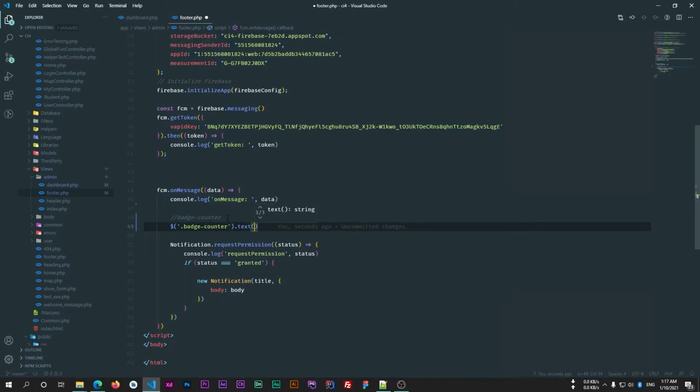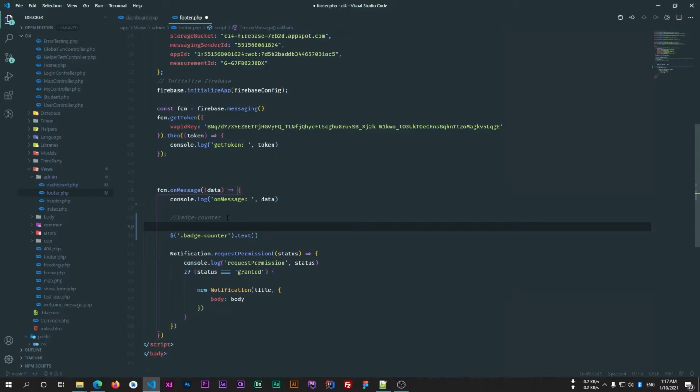So before this we have to first create a counter here. So we will store a counter in the local storage so that we can increase that counter whenever we receive a new notification. So for this purpose I'll use local storage API. So I'll create a new variable named as count, and I'll get the value from local storage.